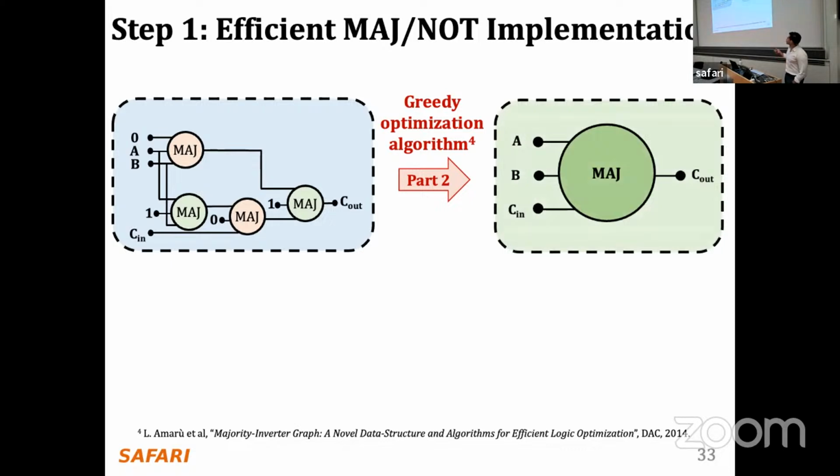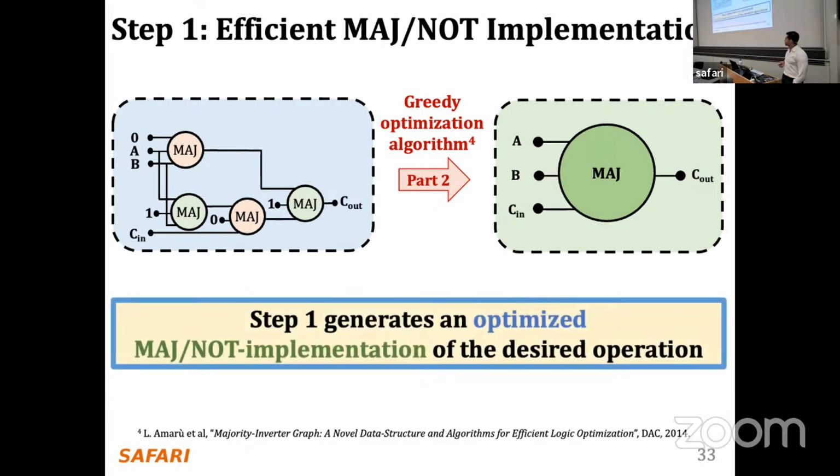I'm not going to go through all of the inputs for this majority-inverter graph here, but you can trust me that the output of this circuit with 4 gates is exactly the same as the output of this circuit with a single gate. So here we move from doing 4 triple-row activations to doing only 1 triple-row activation if we apply this circuit simplification logic on top of the initial circuitry. To summarize, the goal of this first step in the SIMDRAM framework is to generate an optimized majority-inverter implementation of the desired operation.